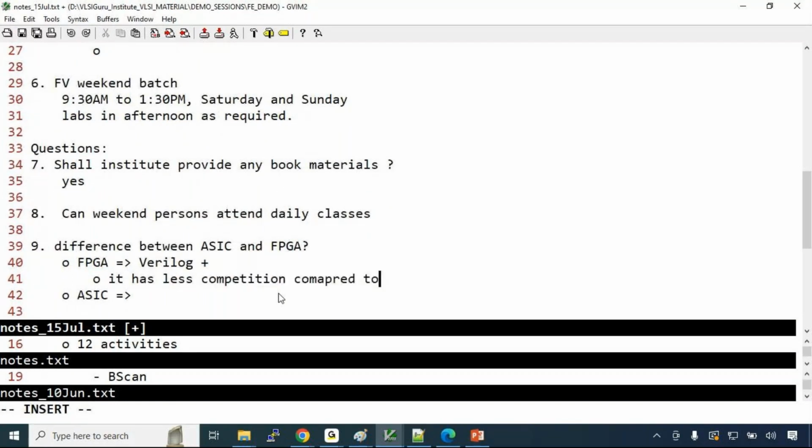The opportunities will be there in the market. I mean, not everything is made using only ASIC, right? There are many things which are done using FPGA also. If you go to Boeing, they will not use ASIC; they will only use FPGA. If you go to any kind of defense companies or defense suppliers,